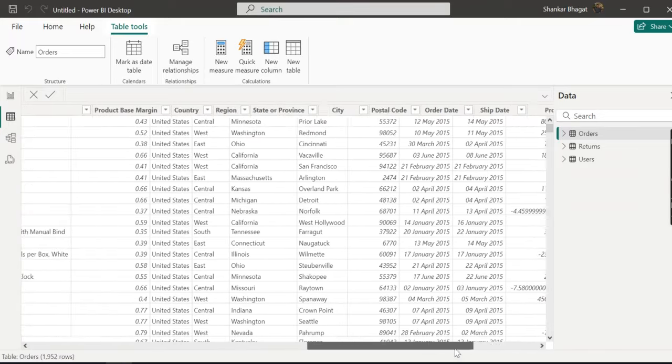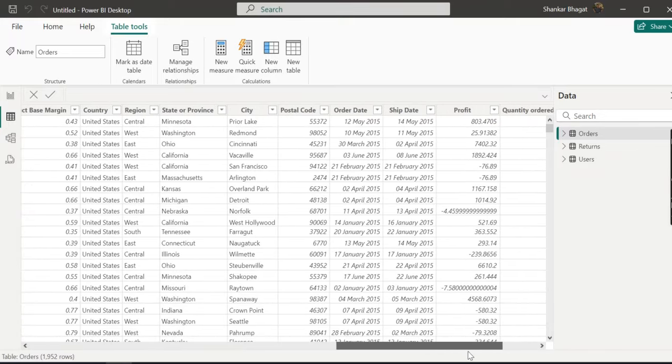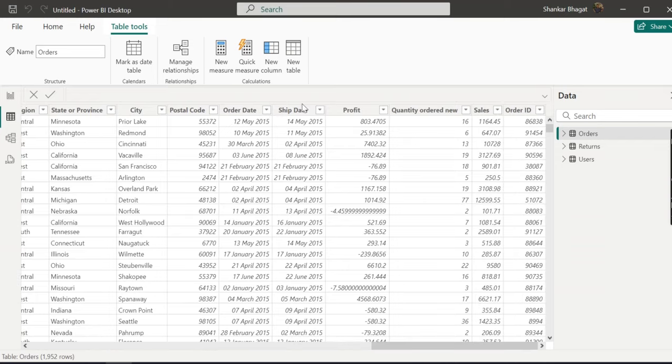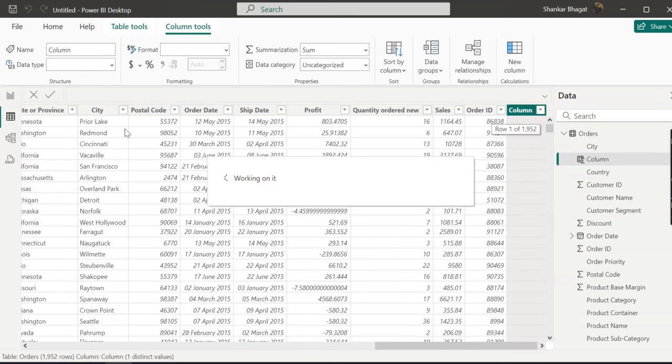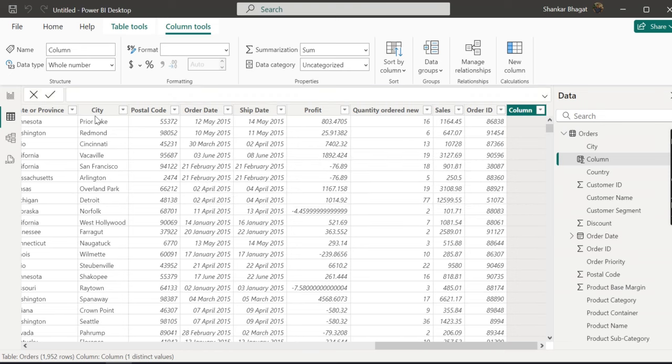Okay, so for example, if I try to create a new column here, so let's say we have this order date on 12th May and the ship date is 14th May. So I want to know the number of days of shipping. Okay, so we can create a column. So I'll just click on new column. I'll just change the name to days of shipping,